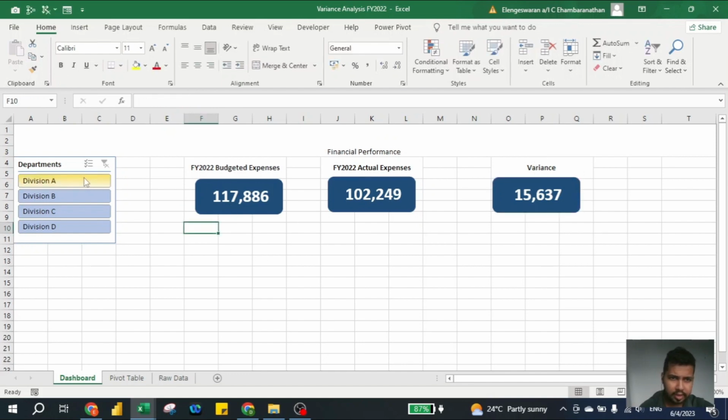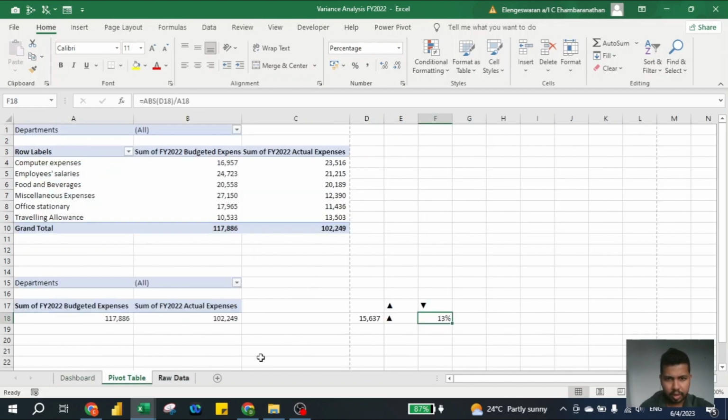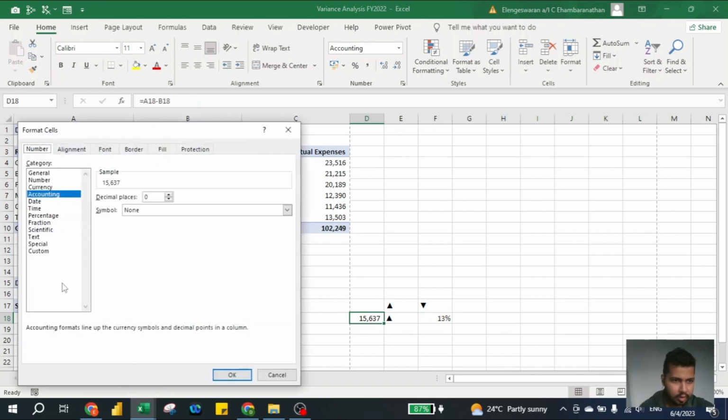So now this is our data. If I click division A, you notice this is our data. If I click division B, this is our data. Division C, this is our data. Okay, all right. But before that, I need to upkeep this, whereby I press Control 1, I go to